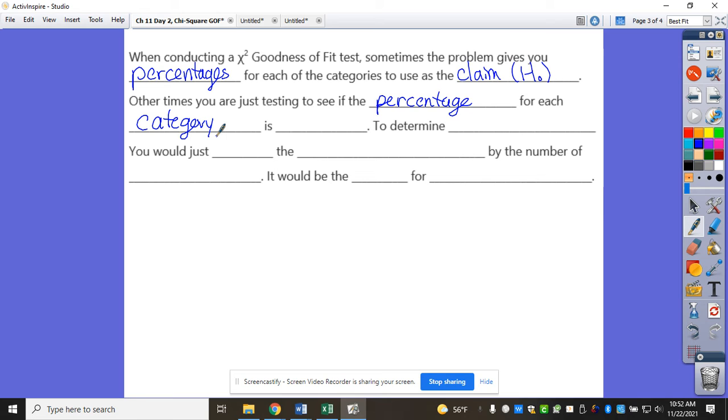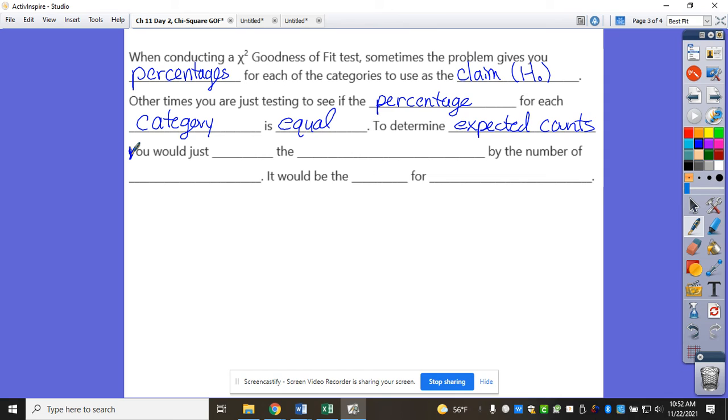Sometimes I'm going to tell you what percent each one should be. Other times, it would make more sense just to see if the percentage from each category is going to be what? Equal. And because I don't always do an example from that, sometimes people get thrown off by that, but that should not be hard, so I'm adding this last sentence. So to determine expected counts,